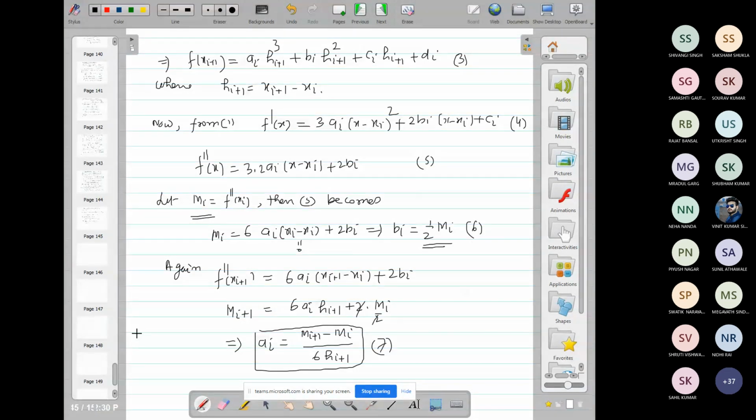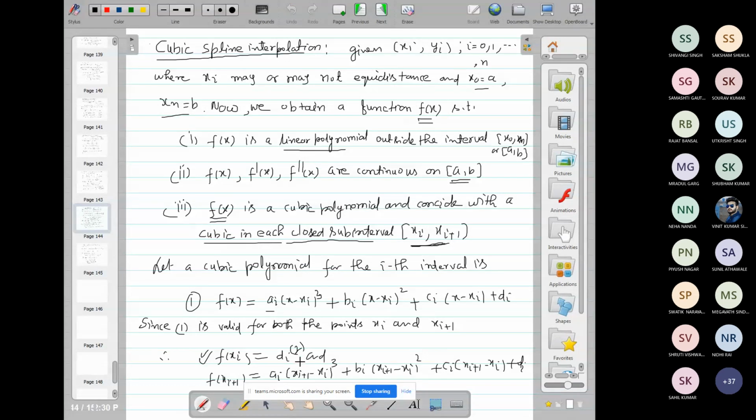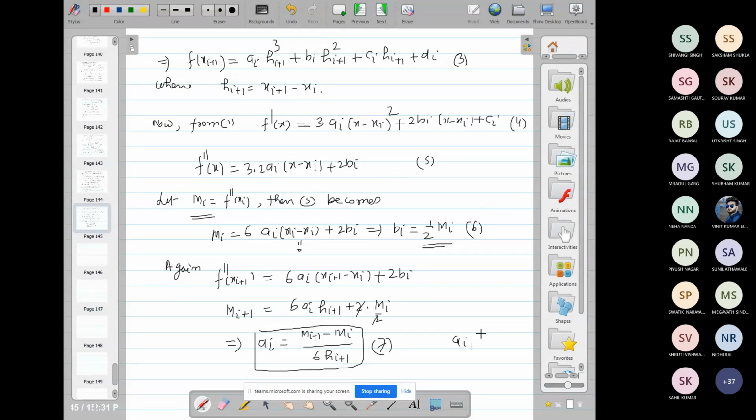Substituting the value of ai, bi and di from 7, 6 and 2 in equation 3. 3 is this. So we have